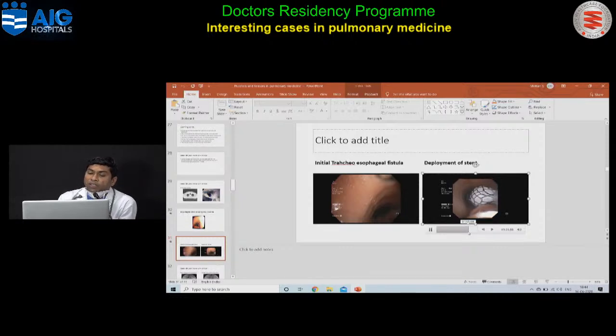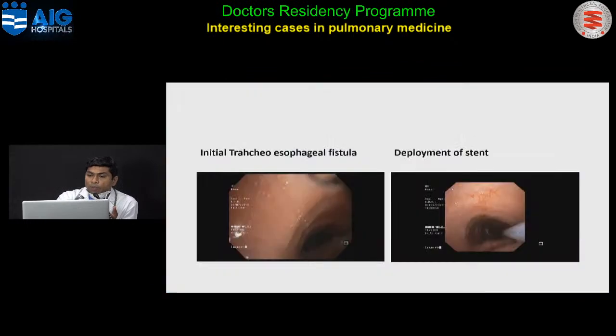Stents are applied for different reasons. One, sometimes when patients have central airway obstruction like tracheal stenosis because of malignancies or post-intubation tracheal stenosis, post-dilatation, to maintain the patency of the trachea, we put in a tracheal stent. And sometimes when there are fistulas, to cover the fistulas, we put in a stent. If you have a benign tracheoesophageal fistula, then surgery is the first line of treatment. And if you have a malignant tracheoesophageal fistula, a stent is the primary mode of treatment.